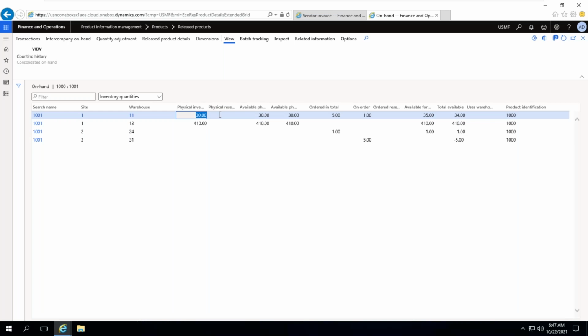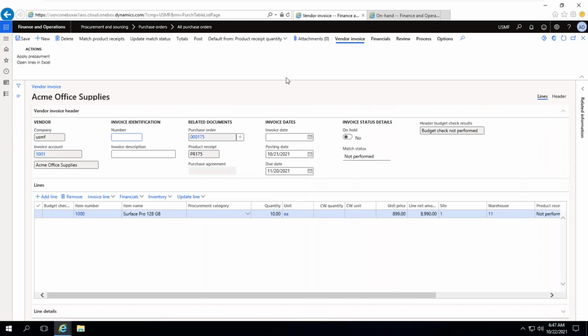Exactly right. I was answering Swaroop's question about how this works in the virtual world. After receiving only, we update the PRN number. Then the inventory will reduce from the order quantity and it will impact the physical quantity. I will show you one more transaction so that you get clarification. Okay, let me proceed. Now for invoicing, I need to enter the vendor invoice number.